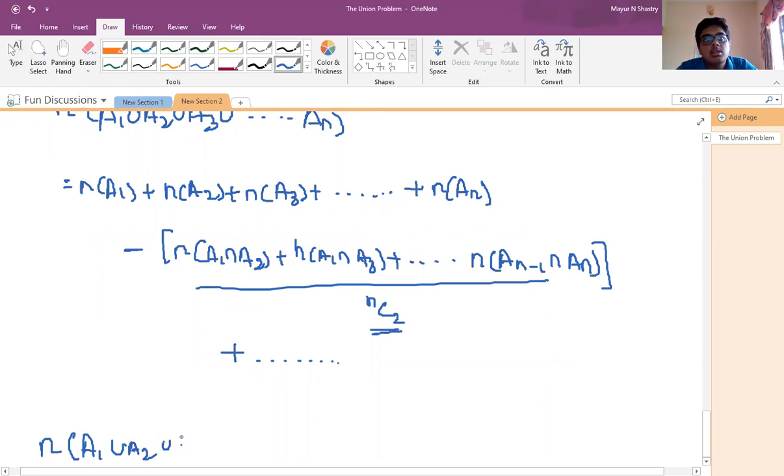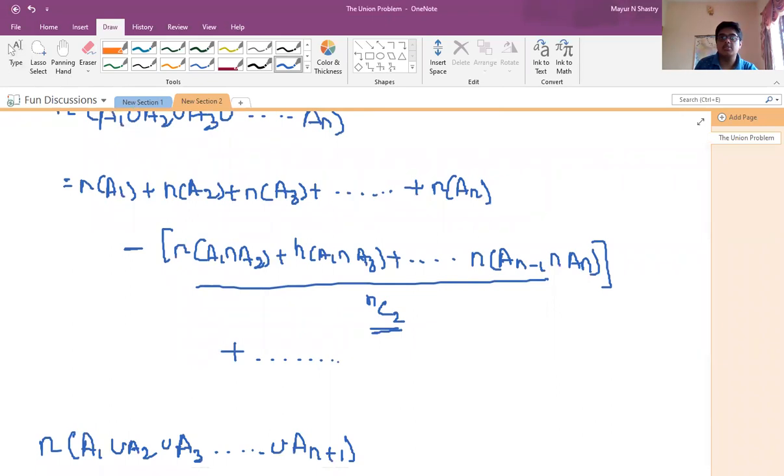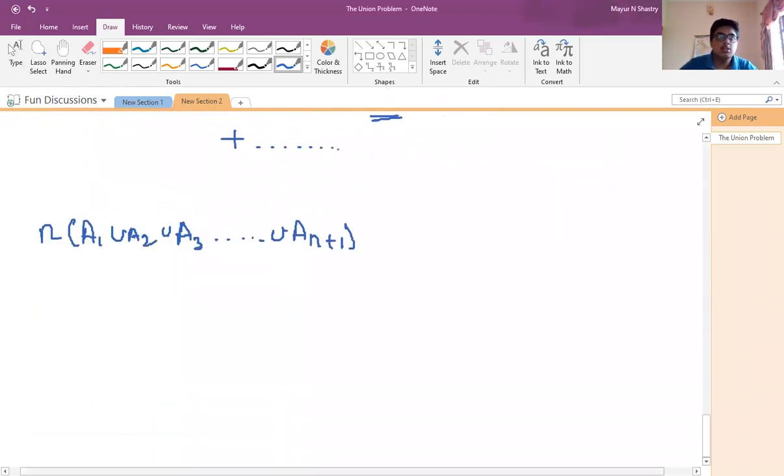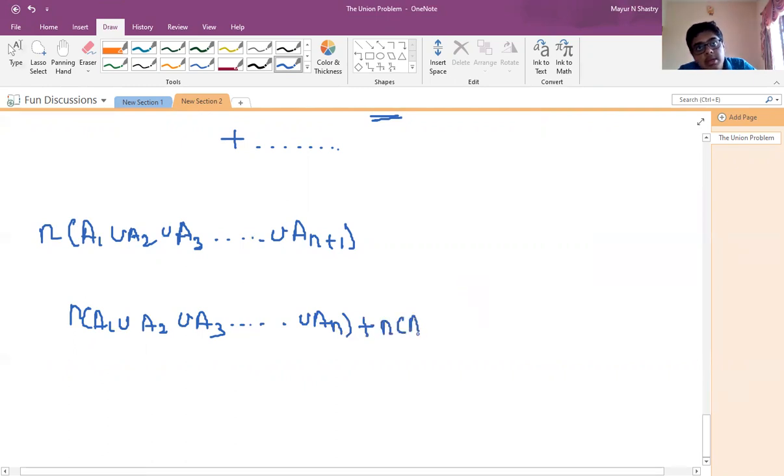So we'll take this whole thing, A(n+1). Using the first formula which we had for two sets, I can write this as n of A1 union A2 union A3 dot dot union AN, plus n of AN plus 1,